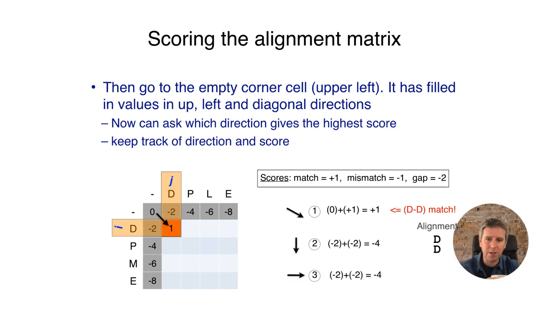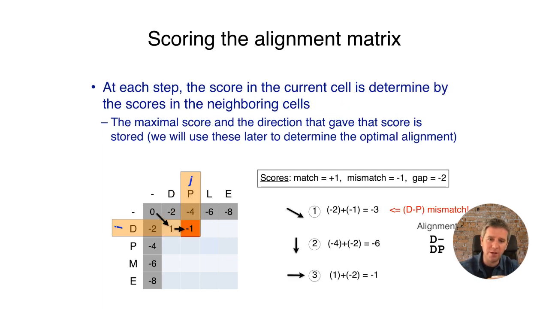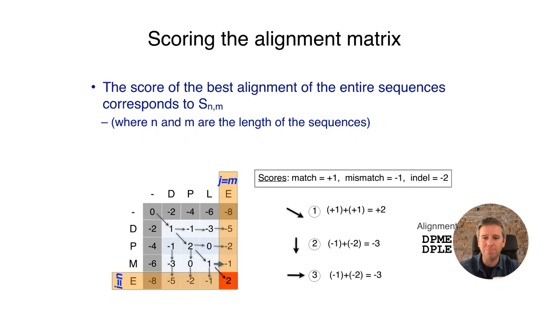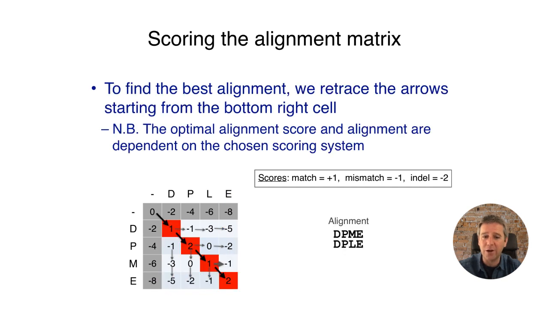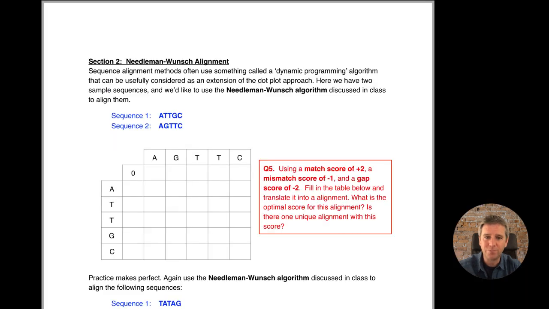So let's see, and in this case I filled it in, then we go and we fill in, we consider each one until eventually we filled in the length of our 2 sequences. We've got our optimal alignment score right there in the happy place, and then we trace back the arrows from that last cell, the one in the bright orange here, all the way back to the start to get our alignment, as in this case. So let's go and see if we can do this